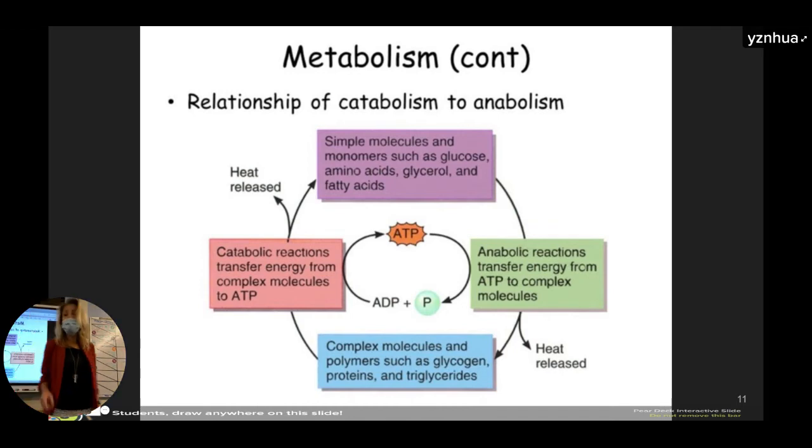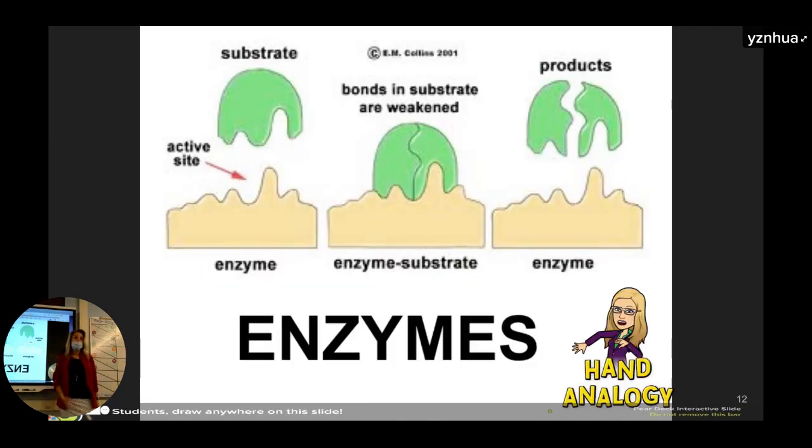Okay, so then we next transition to talk about enzymes. And there are a couple key things about enzymes we need to know. Enzymes are built primarily out of what? What are most enzymes made out of? Proteins, exactly. And we learned, when we learned the four important organic molecules, about primary, secondary, tertiary, quaternary structure,